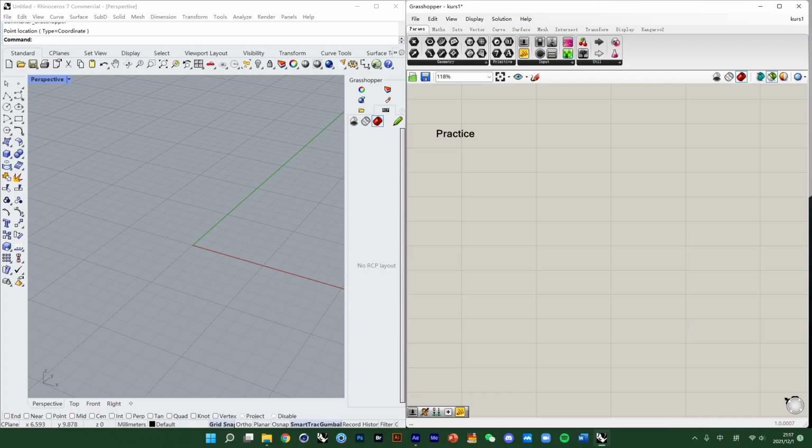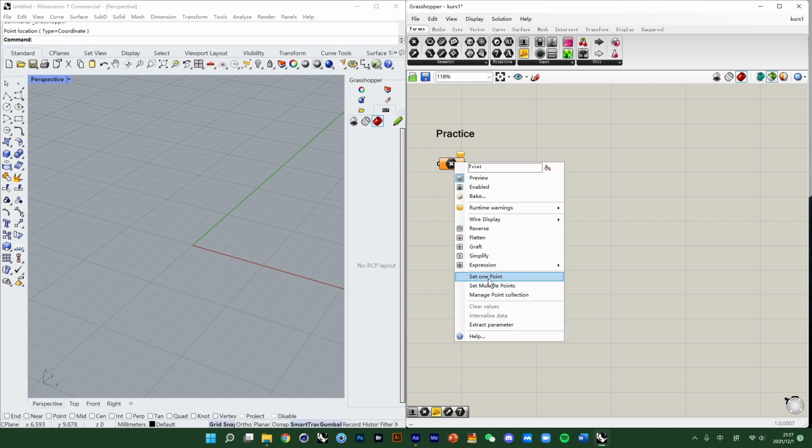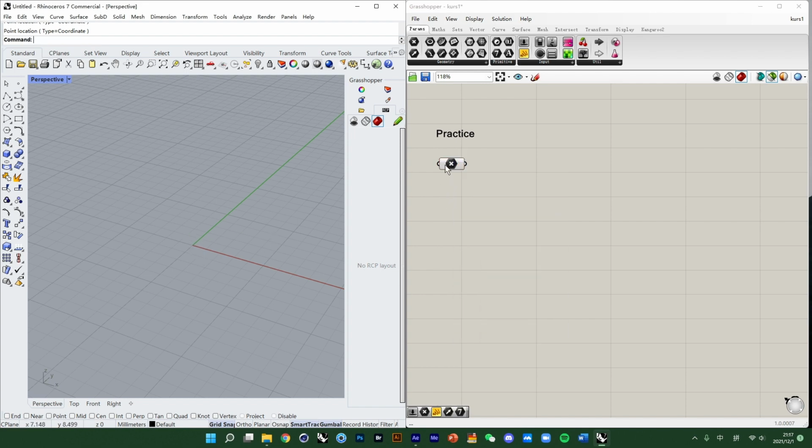Okay, in this practice, I'll show you how to build a box with parameters from sliders. That means we can control the cube with sliders, controlling the size and the rotation. So let's begin. First of all, I want to set an origin point in the scene, and then we will